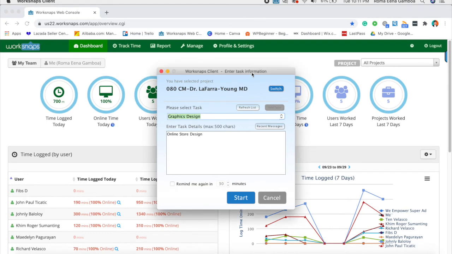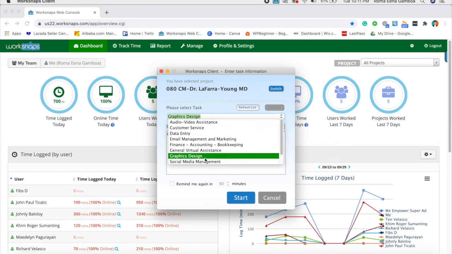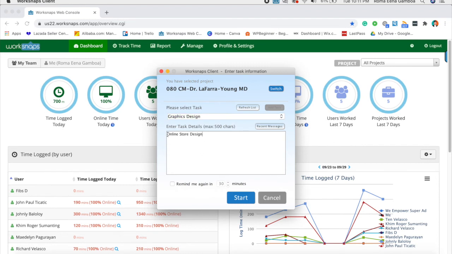Click on her name and you should be able to see this pop up. Then proceed on choosing what task you'll be working on for her. So as I mentioned, I'll do graphics design, and here would be the task details. It's for her online store design. And just click on start, and the timer will automatically shift to Dr. LaFera's project. So that's it. Let's say I already just started, but I'm just gonna show you as well what's gonna happen on your time tracking